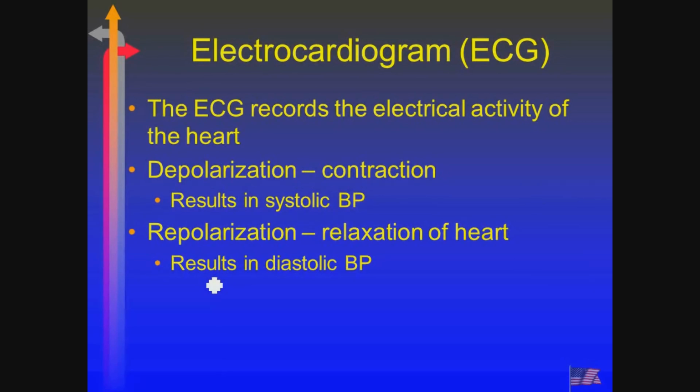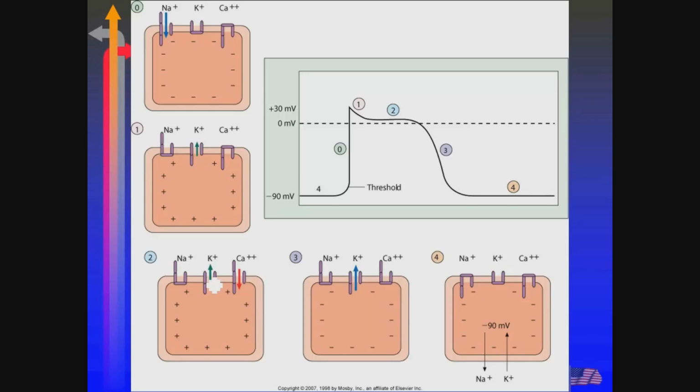Depolarization is the process of, well, let me just say the process of depolarization is what causes the muscle to contract, generates a systolic blood pressure. That repolarization, the relaxation of the heart, is what results in a diastolic. For right now, I won't get too crazy on this, but you may have seen this from physiology or from A&P, where they were talking about what occurs to create the systolic,